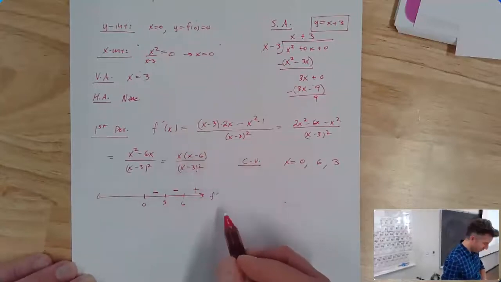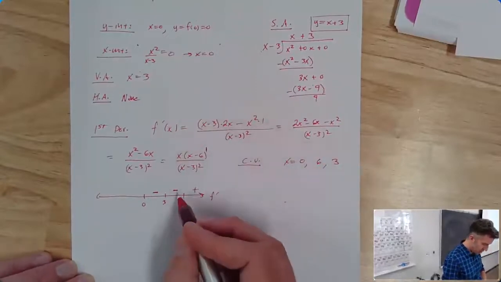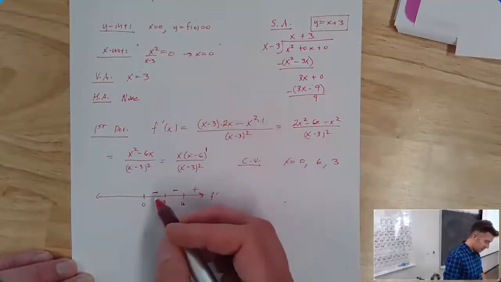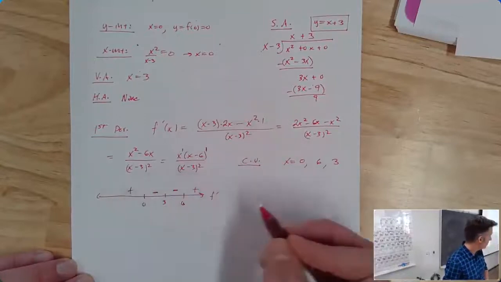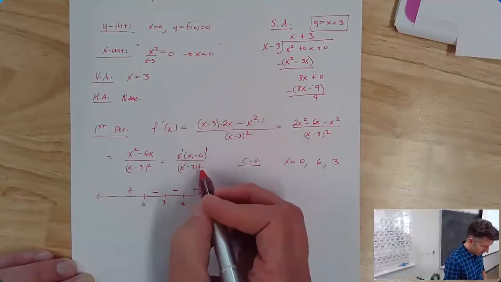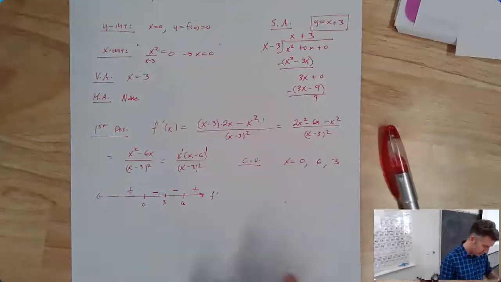By the way, here's the thing I was saying. 6 came from this factor with an odd power, so the sign changed. 3 came from this factor with an even power, so the sign stayed the same. 0 comes from this factor with an odd power, so the sign's going to change. We can check it. You plug in negative 3: negative, negative, and the negative number squared is positive. So negative, negative, positive is positive. So take a look. That means our function is